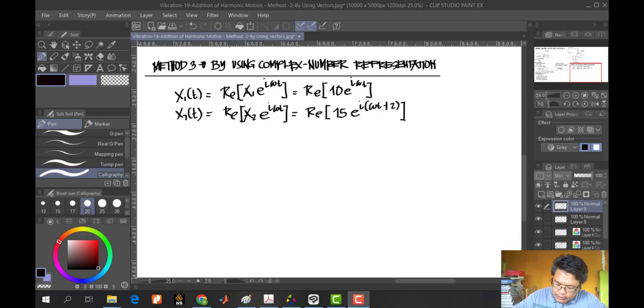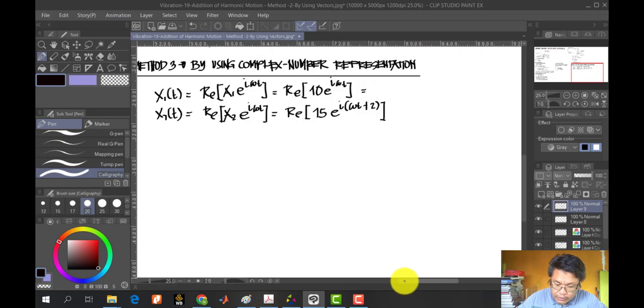This gives us 10 cosine of angular velocity times time, and for motion 2, 15 times cosine of angular velocity times time plus 2, and that will be plus